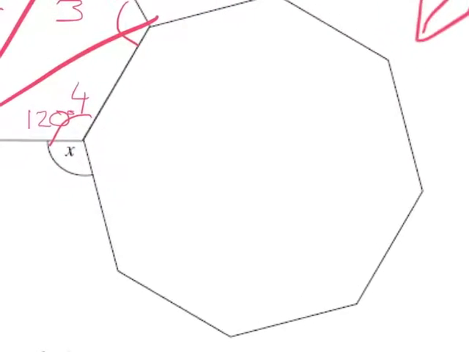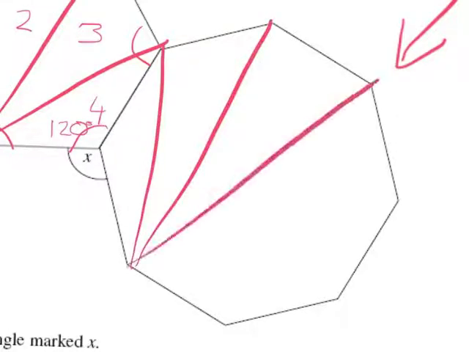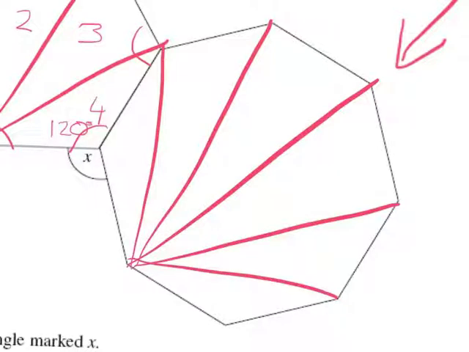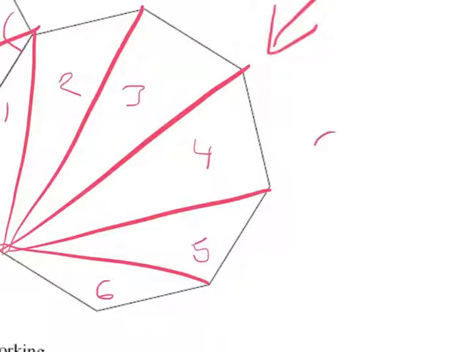So this is the octagon here. Let's make it a little bit smaller. Okay, and we're going to split it into triangles. Now we just go from one point again, and that gives us 1, 2, 3, 4, 5, 6 triangles. Okay, which means that if we just move that across a little bit, we've got 6 times 180, which equals